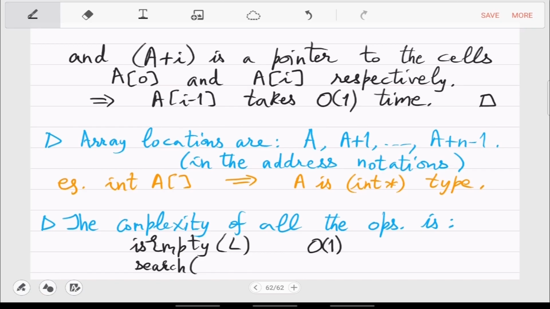So search for X in the list L, which is an array. Nobody said that the array is sorted. In fact, there may not be a meaning of sorting. If your list was just random elements, alphabets, or things where sorting will not really make sense, in that case you cannot really use binary search, so you have to look at everything. So that's order n.